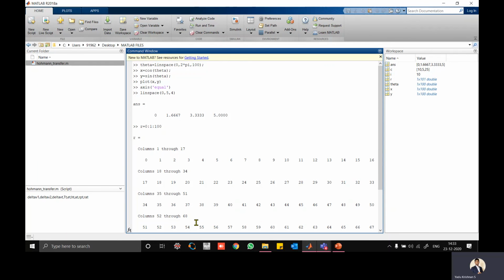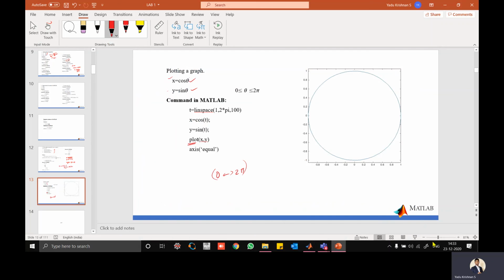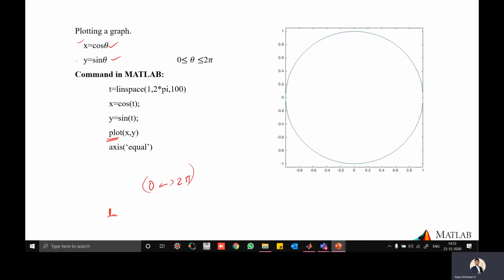You can write this down. I'll just note it down here. For linspace: initial value, final value, number of equal divisions. That is the syntax you can write, equal to y.